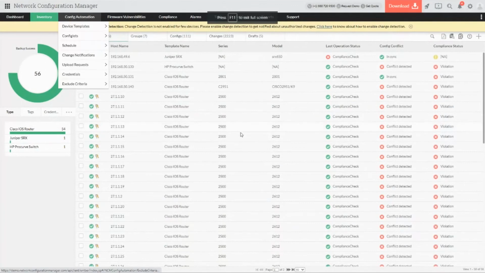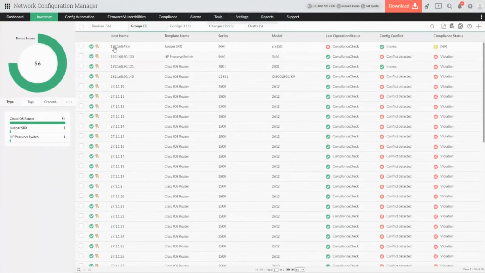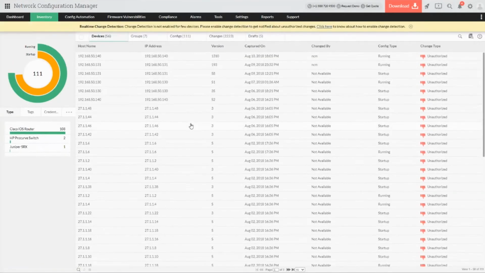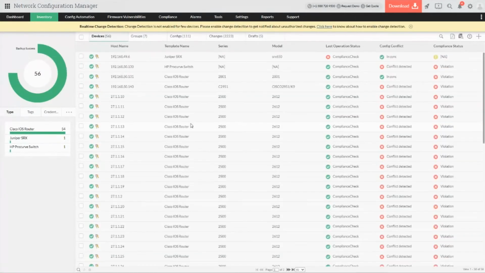So here, when we talk about NCM, the NCM is mainly licensed based on the number of devices which you want to manage. So all you have to do is get the number of network devices which you want to manage with respect to the configurations which have been performed. So all you have to do is come to the NetFlow Analyzer, add your network device with the respective CLI and SNMP credentials, so that once you add them, the product will automatically scan these network devices and take startup and running configuration backups and keep them safe.